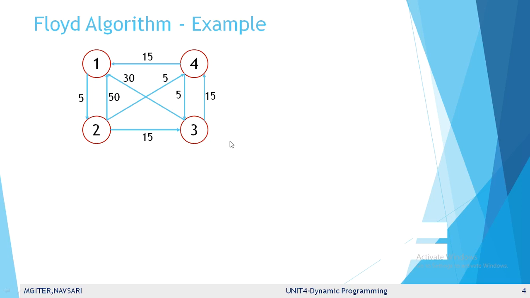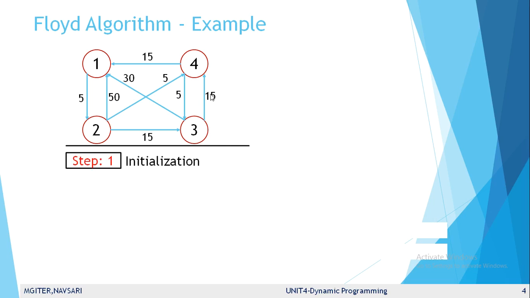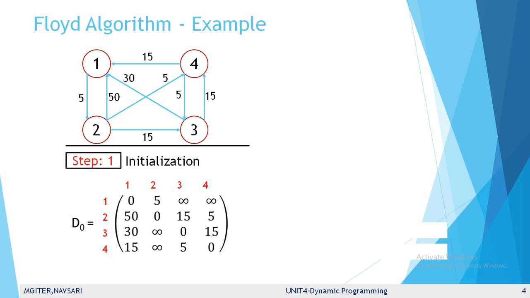Here we apply the Floyd algorithm and understand it with an example. We take a weighted graph with four vertices: vertex 1, vertex 2, vertex 3 and vertex 4. Now in step 1, first of all we start with the series of D0. D0 means the original matrix. Here no intermediate vertex is present. That means D0 is a matrix in which v of i and v of j, meaning the ith row and jth column, contain the weights given by the direct edges.